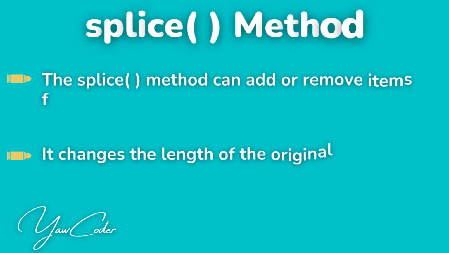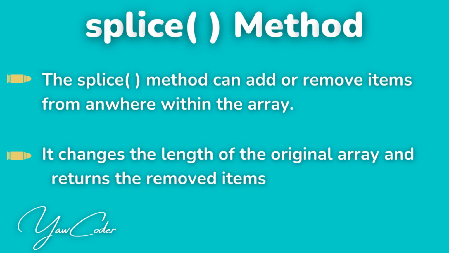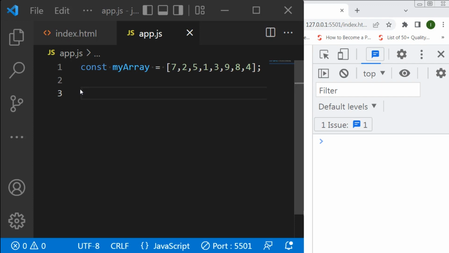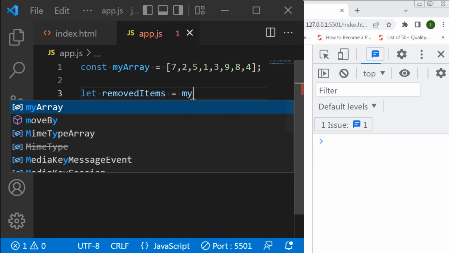And that brings us to the splice method. The splice method adds a little twist to the game. It can add or remove items from anywhere within the array and returns the removed items. Here's the syntax. Let's say I want to remove 1 and 3 from my array. I will first create a variable and name it remove items equals